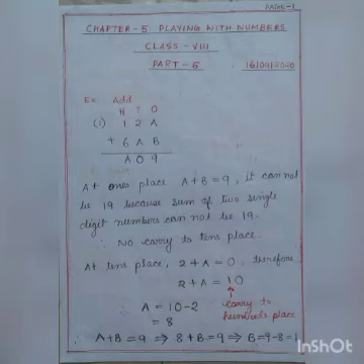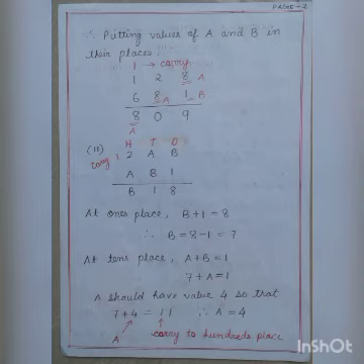We shall again consider the situation at ones place. We got a plus b is equal to 9. Therefore, we have got 8 as the value of a. So 8 plus b is 9. Therefore, b is equal to 9 minus 8, which is equal to 1. Therefore, putting values of a and b in their places, we get 128 plus 681 is 809, which is true. Let us check with question number 2.